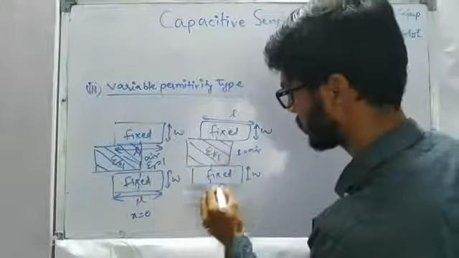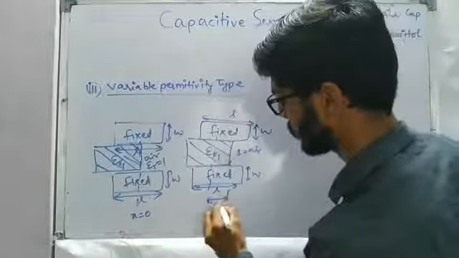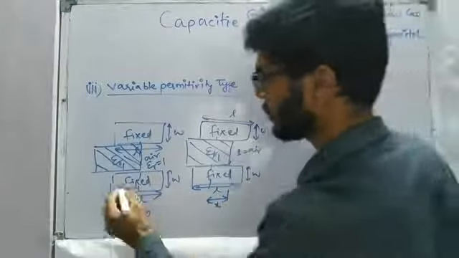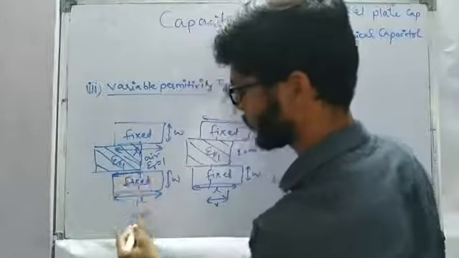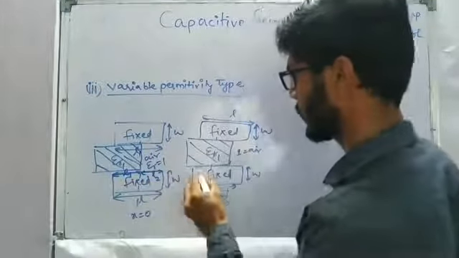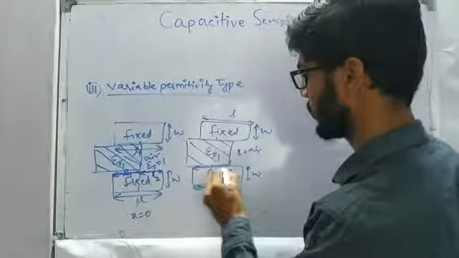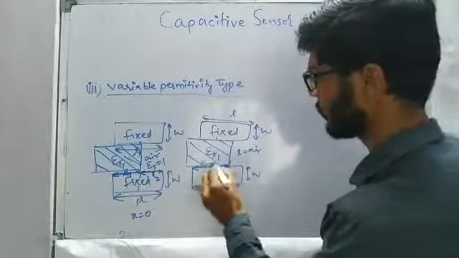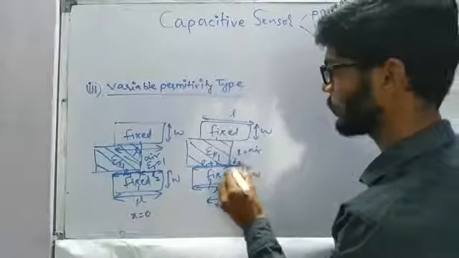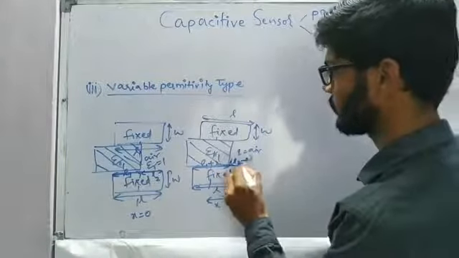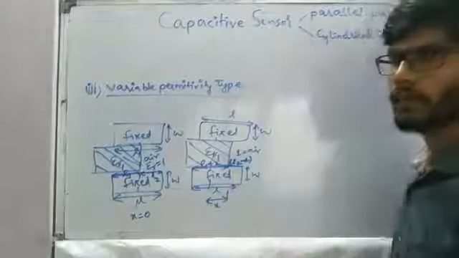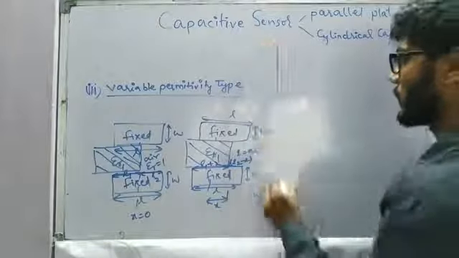So in this case, this plate has moved up to a distance of x inside the capacitor. The length previously before the reference point was L1 and this one was L2, and now this will become L1 plus x because it has moved x inside, and this is going to become L2 minus x because this length will decrease by x.